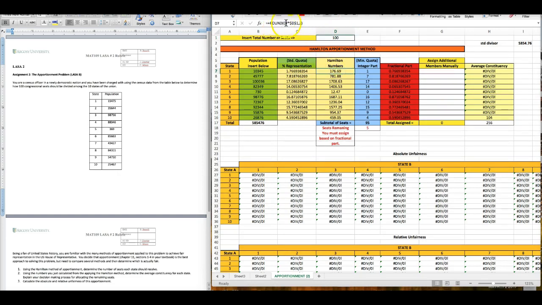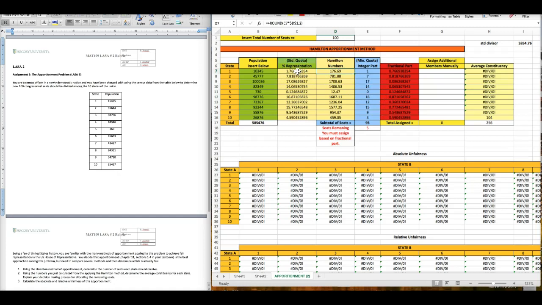So we're basically saying, hey, take this, let me go back here. So take this cell C7, and of course, C7 is this one, the standard quota, multiply it times 100 so we can get the Hamilton number, okay? And so from that, we'll see that what we end up getting is basically this number here, okay? Now, the Hamilton number is its own thing, but how we actually figure out how we're going to do the apportionment part